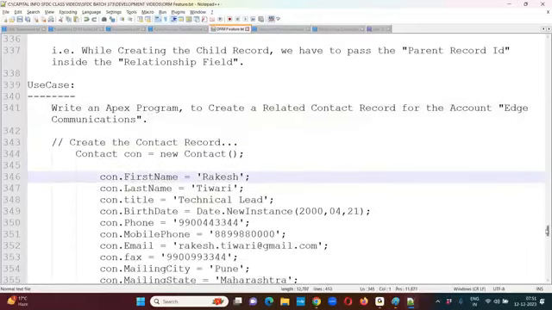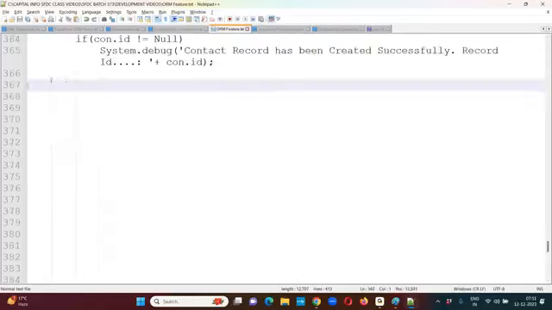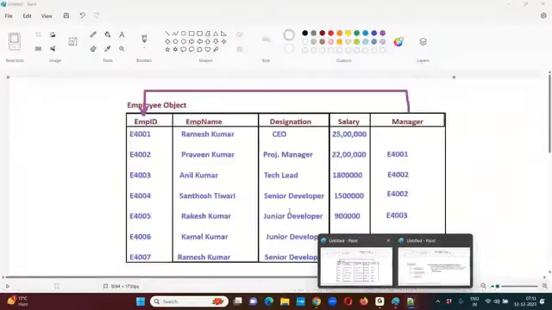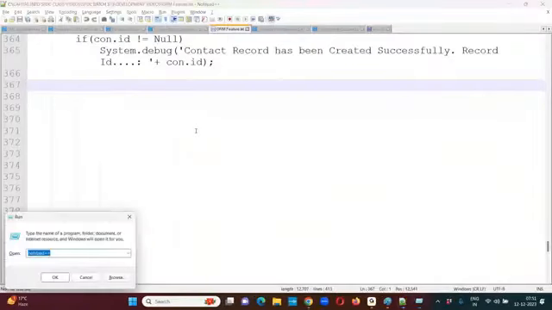Next, the last option inside this: how to create bulk records. Now let's see. So let me explain the concept. How can we create bulk records? Now come to a small scenario. For example,